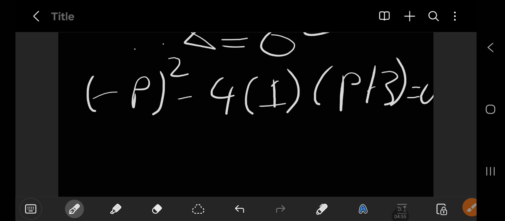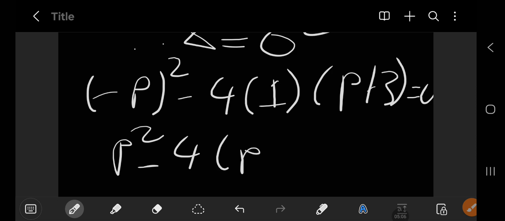So negative p squared becomes what now? This becomes p squared, right? We know that it's raised to an even exponent, so it's p squared, minus 4. You can apply your BODMAS here. We know that 1 times p is p. We also know that 1 times 3 is 3, positive 3, and then you can distribute the 4 inside the bracket. So then this becomes